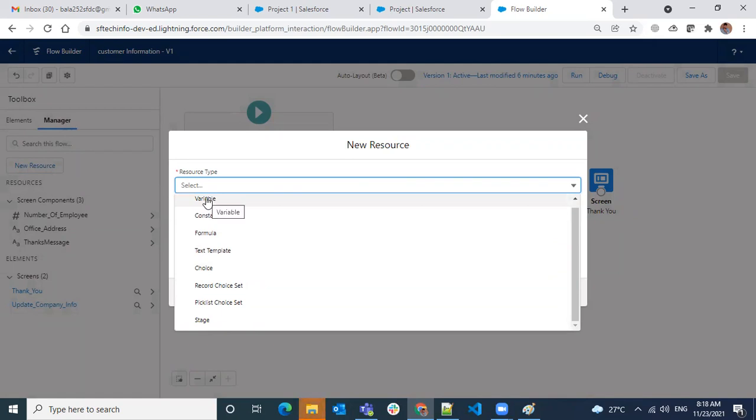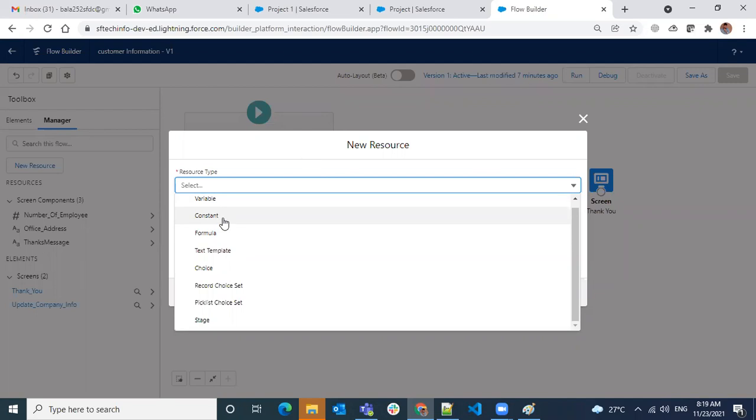Variable means any variable that you're going to use. Usually when you have some coding knowledge, if you want to hold some value, we'll create one variable and either we hold the value there or it will be used to do some calculation or to refer to some value. So it will be temporarily used in your logic, where it can hold some data. That is what a variable is called.